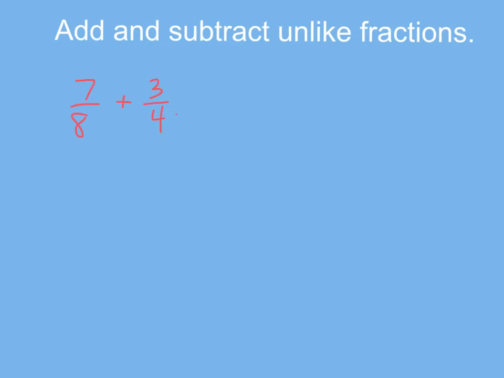I'm going to put a times 2 over here. But if I do that, I have to make this fraction equivalent or equal. So if I only multiply the denominator, the bottom number, it becomes 3/8, and that's different than 3/4. But if I multiply the numerator also by 2,